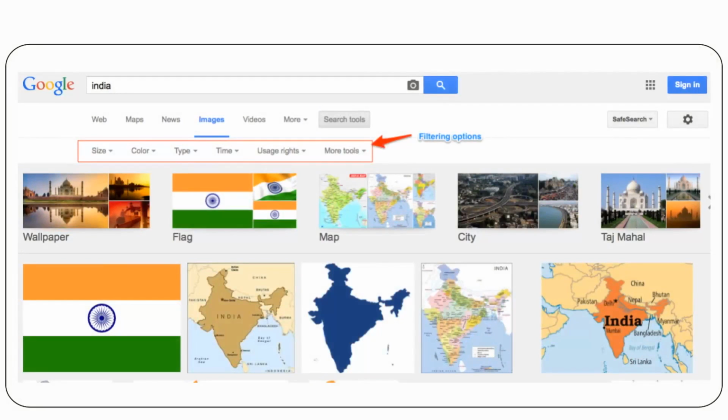In this slide you can see the interface of images.google.com. Here the search term is India, and on the basis of the search term some images are retrieved from the index or the stored images, and they are displayed to the user. One point of consideration is the various filtering options which are available.